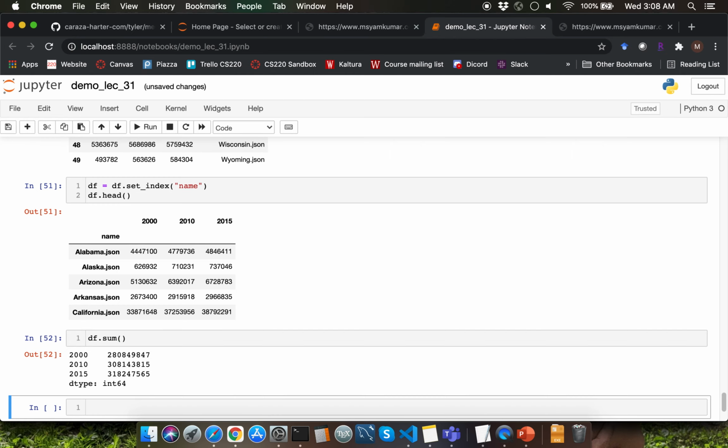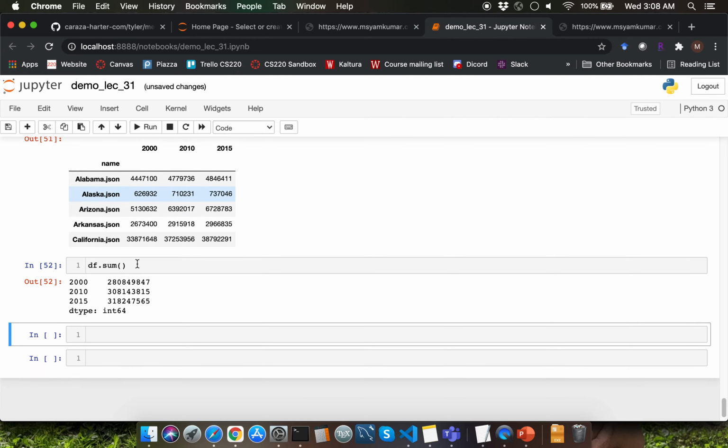That's going to sum up all the 50 state population counts for 2000, 2010 and 2015 over here. Observe that you're getting a series where you're getting some values as the values and the corresponding indexes are going to be the column index from the original data frame df over here.